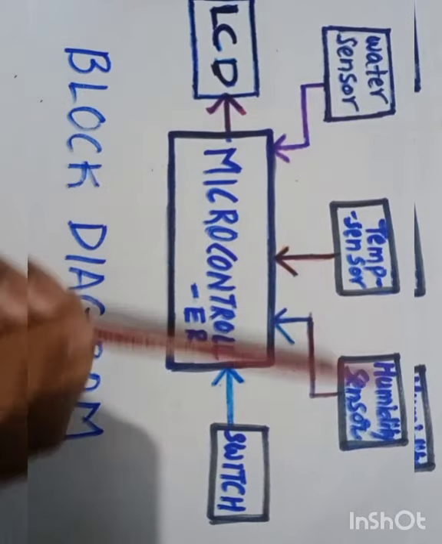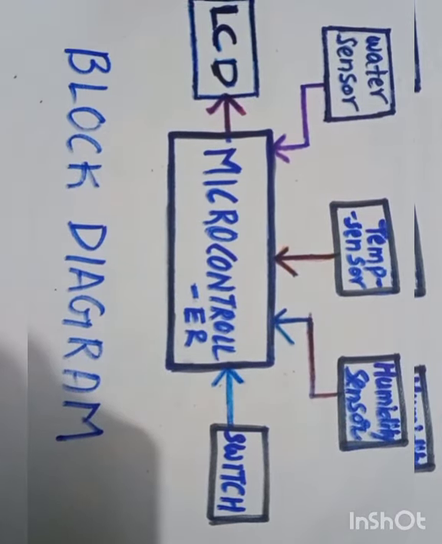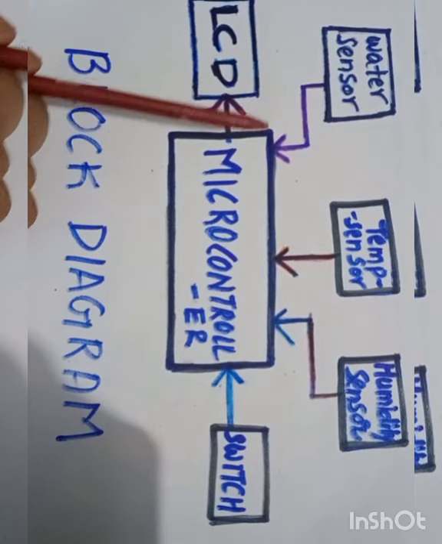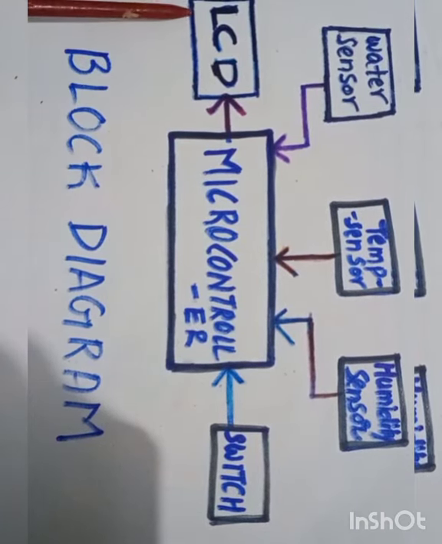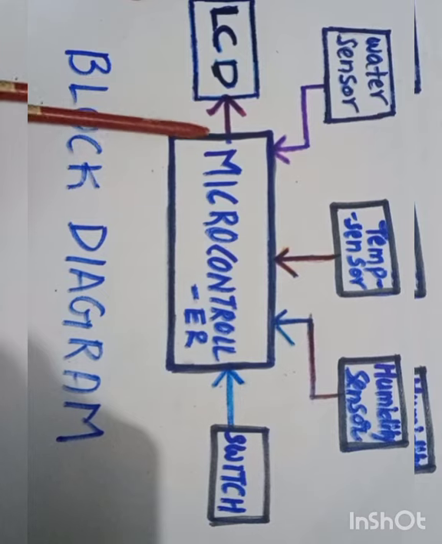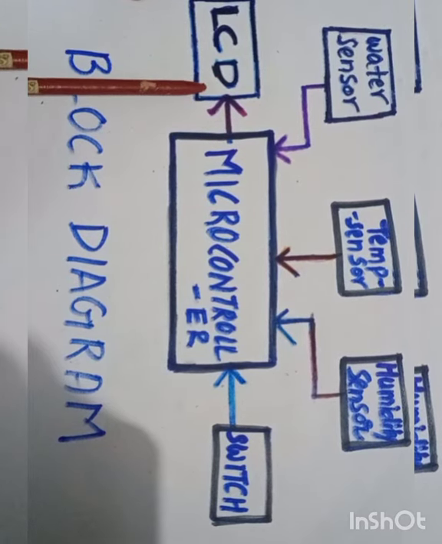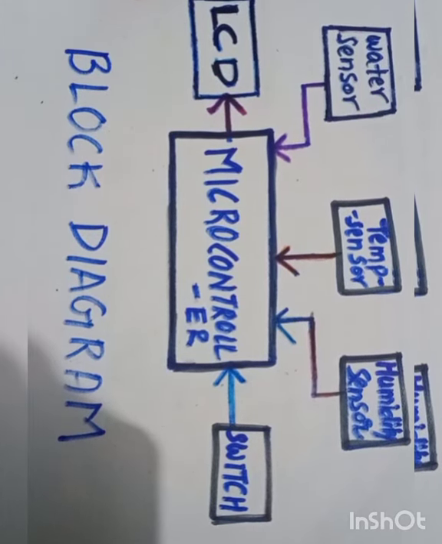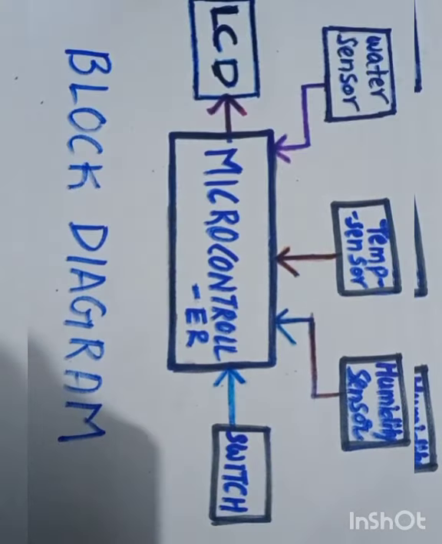You can use different kinds of sensors, but the most important point I want to list out here is the directions. Let's take an example. LCD is an output device. When it is an output device, the direction of the arrows is very important. Don't make any mistake while listing whether it is an input device or an output device.